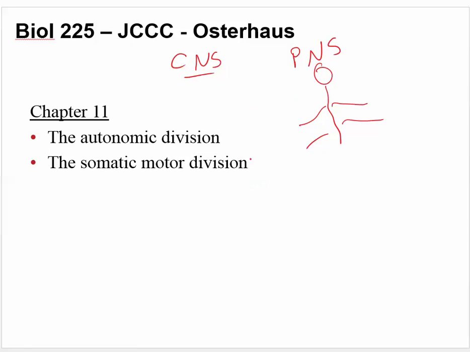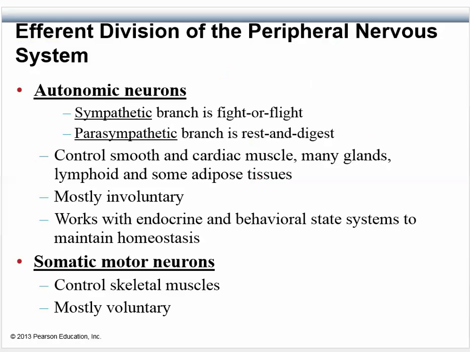It's divided into two sections, really. There's the autonomic, which happens without our conscious control, and then there's the somatic motor division, and that's really just control of your muscles. That's conscious. And this would be subconscious. All right, so we're going to talk about both of these things, and in the next slide we'll show how the autonomic division is divided into parasympathetic and sympathetic. So that's what this whole thing is going to be about.